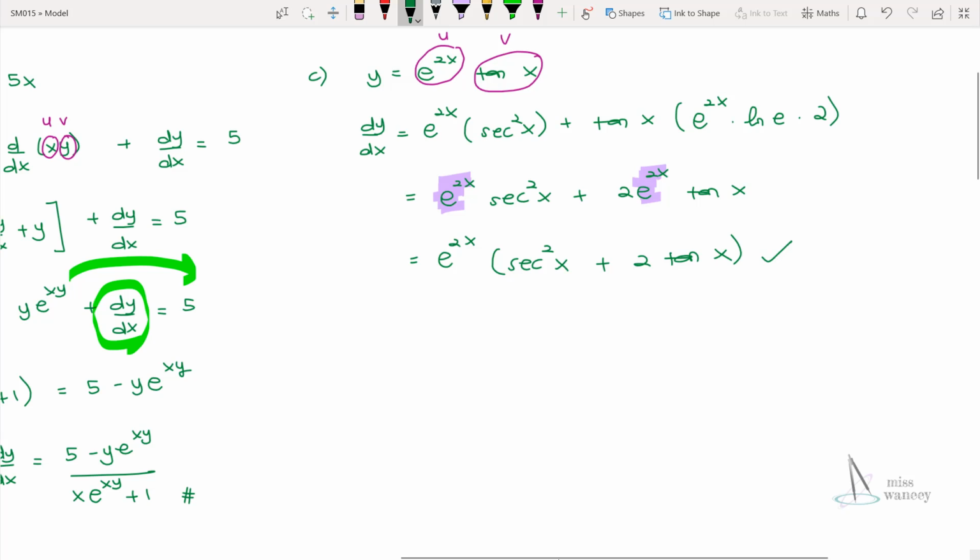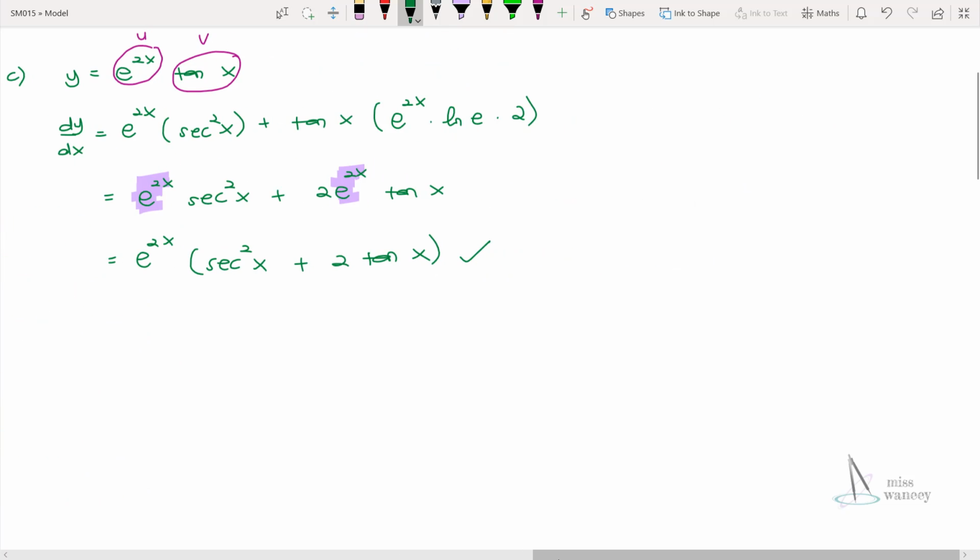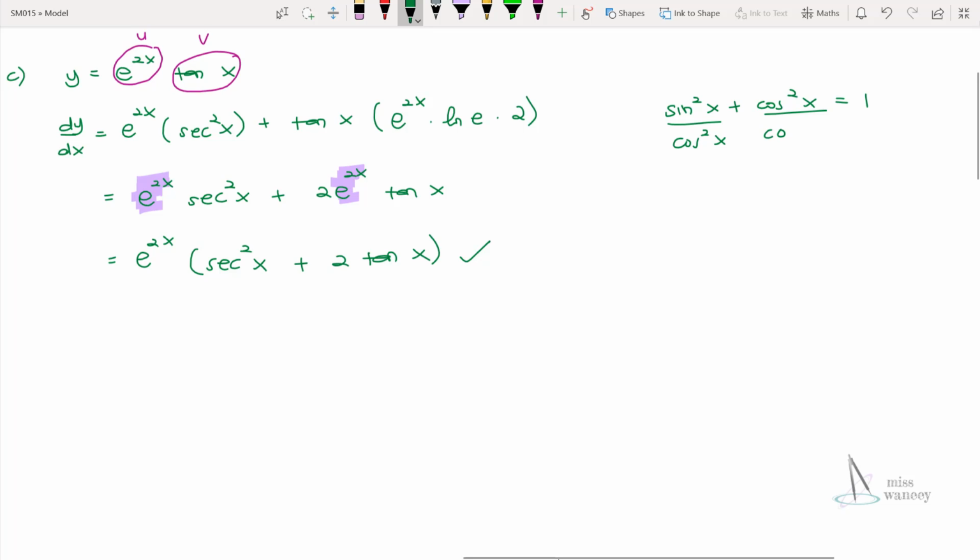So let me use the identity then. Okay, so we know that sin² x plus cos² x is equal to 1. So I do want to get a sec² x, so I'm going to divide everything with cos², so that I will have a sec². So this is the term that will give me sec². So sine over cos, so this is tan² x plus 1. Okay, so I'm going to change sec², so it will become e^(2x), and then tan² x plus 1